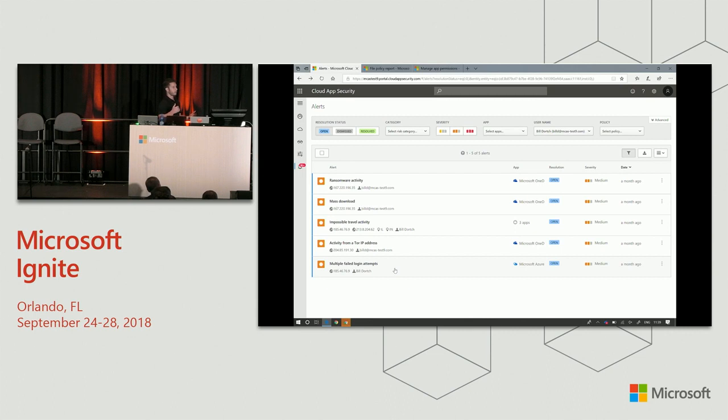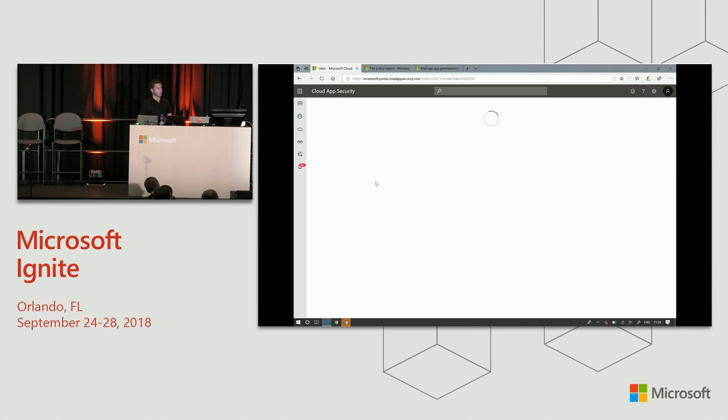Then, because in many cases the user is already logged in, as the attack sometimes happens while you're still connected and acting within the application, we'll see an impossible travel: two different activities, one from one location and another from a distant location. This is also something we look for. Then we see the attacker start to carry out his malicious intent. He will start downloading information because he wants to harvest some of the information in the organization. In many cases, we also see such things leading to ransomware. For each one of the alerts, you can dive deeper and look at all the specific activities that were involved in this alert and why we triggered it.